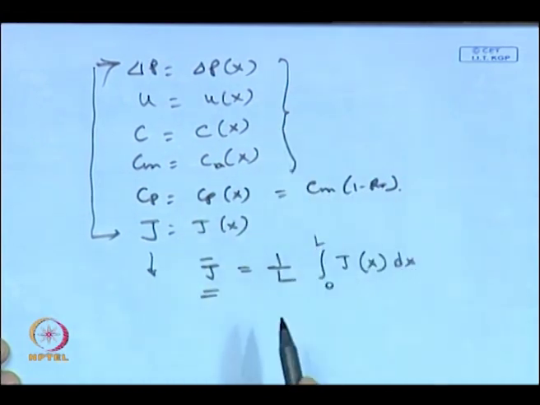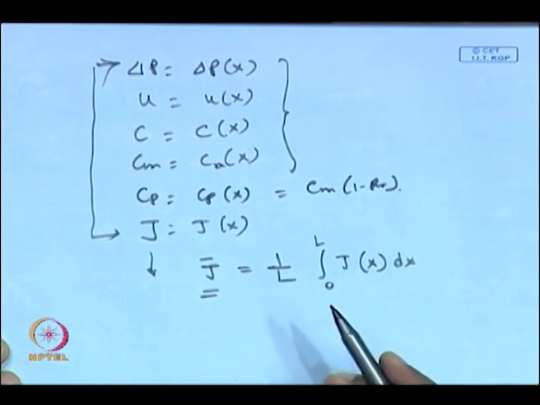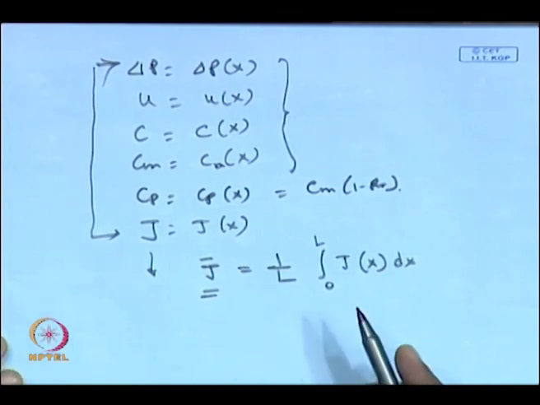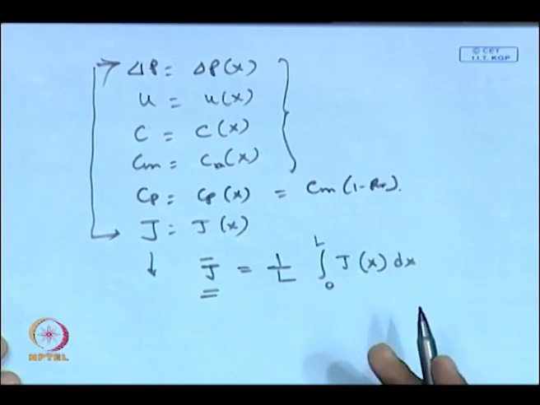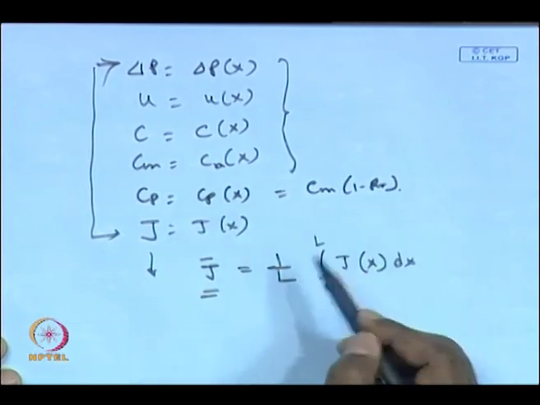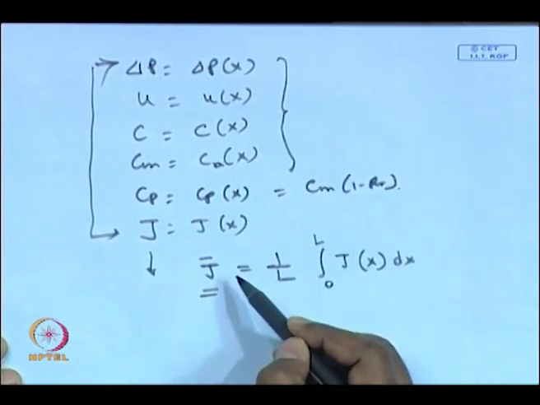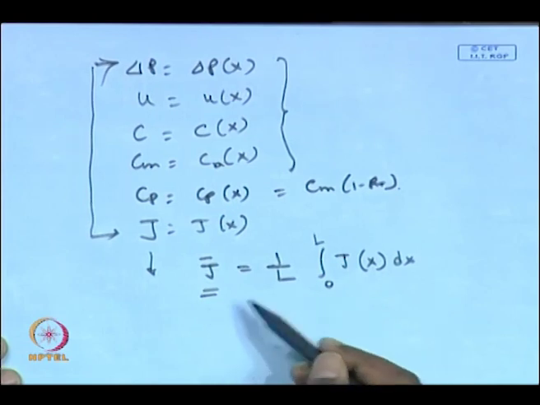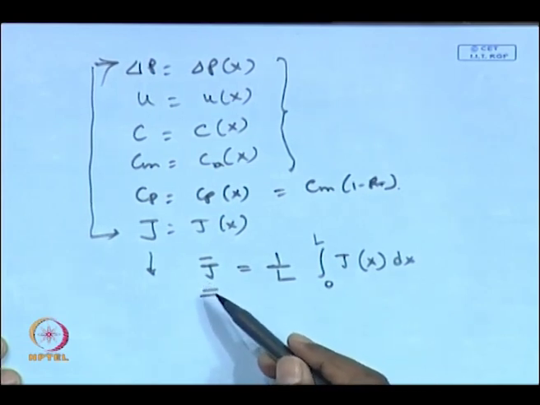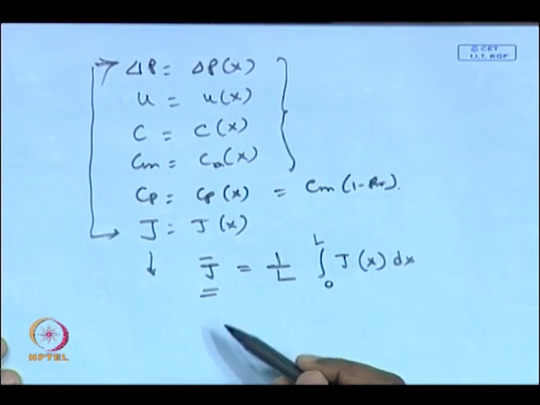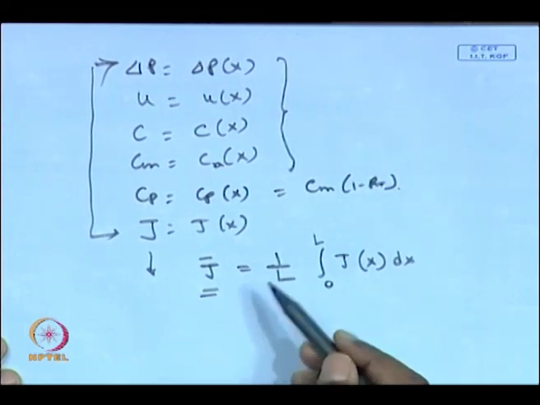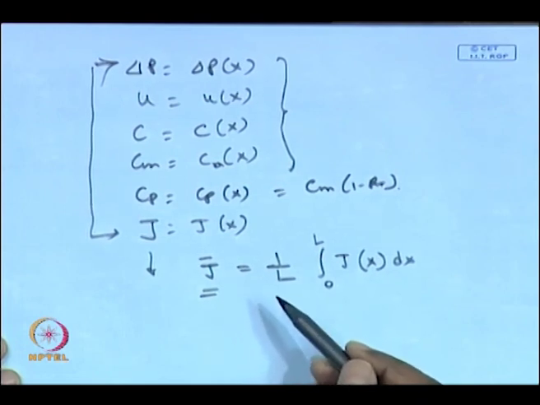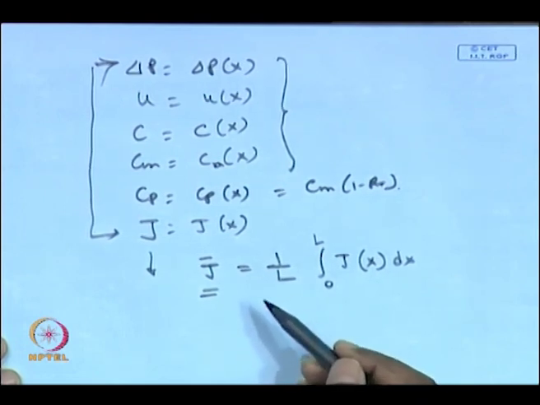Okay. That way one can generate the full profile of all the dependent variables and can get the value of transmodule pressure drop as well as the concentration of the permeate at the outlet of the module. So you have to guess a value of length average permeate flux, redo these calculations, and once getting the profile, you have to do a Simpson's averaging over the length and calculate the length average permeate flux and check whether they are equal or not. If not, you have to iterate once again. Okay. So that is how we have to do actual module calculations or module modeling.